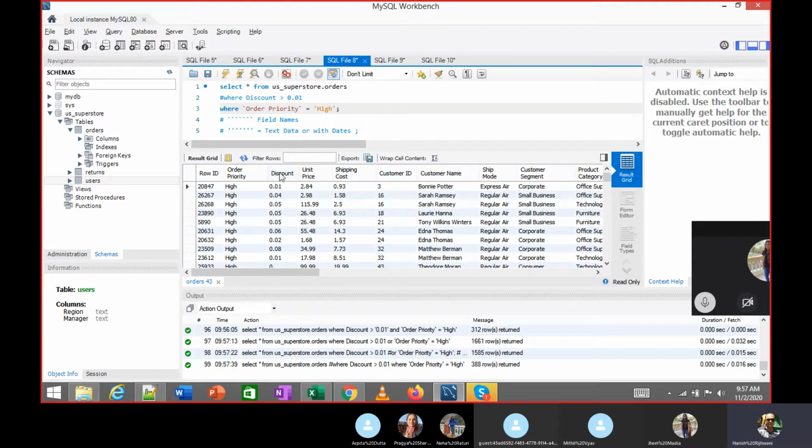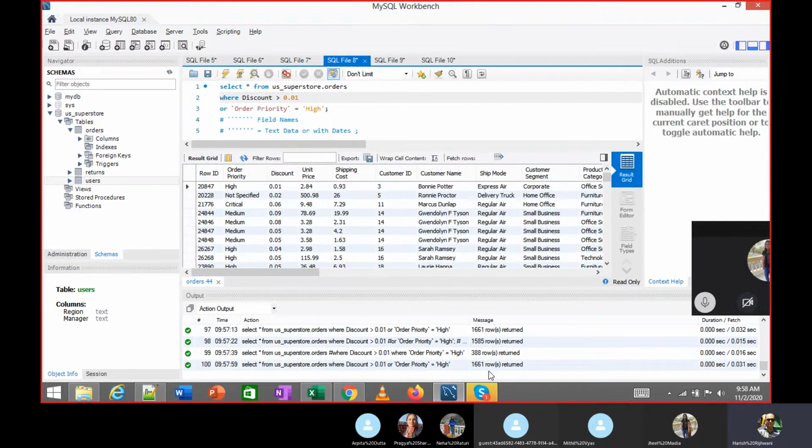But in this also there will be discounts which are greater than 0.01. Which is why you will not be able to sum those two. These two values will not be equal to 1661. Any idea why?